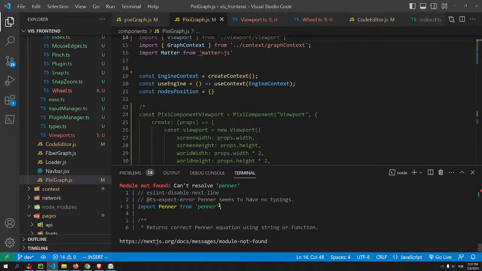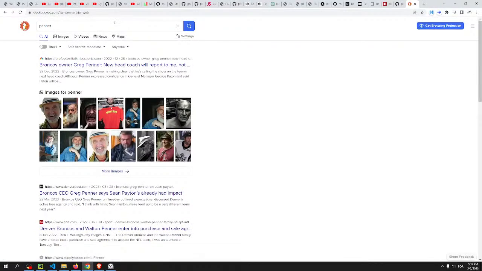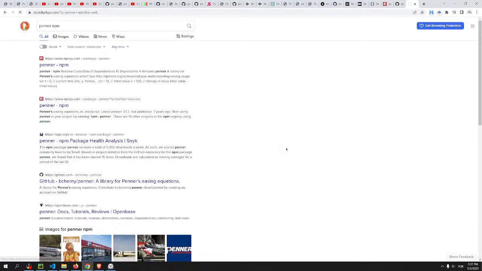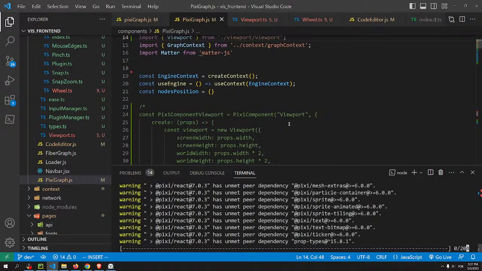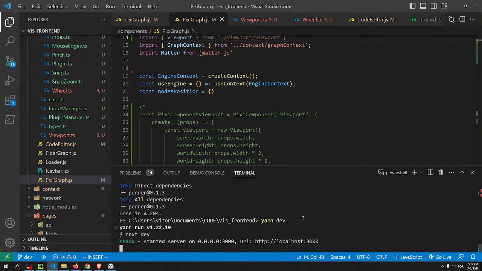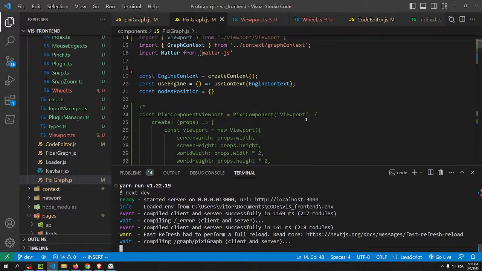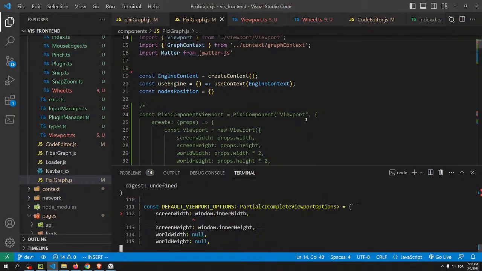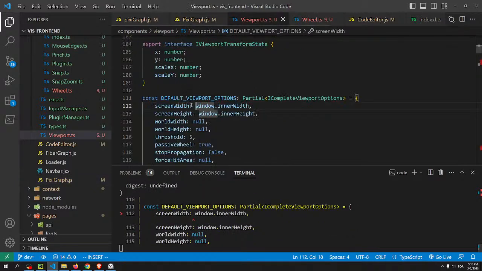Yeah, that's the thing. But it looks like the imports are working. Let's see if it works if I put